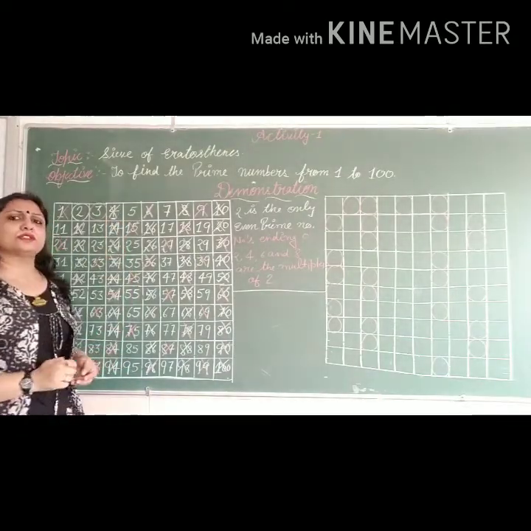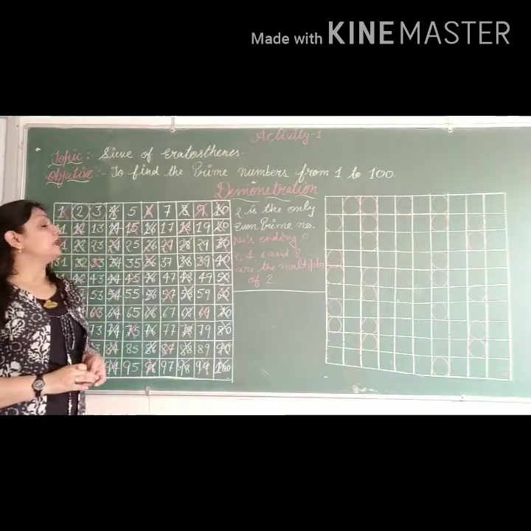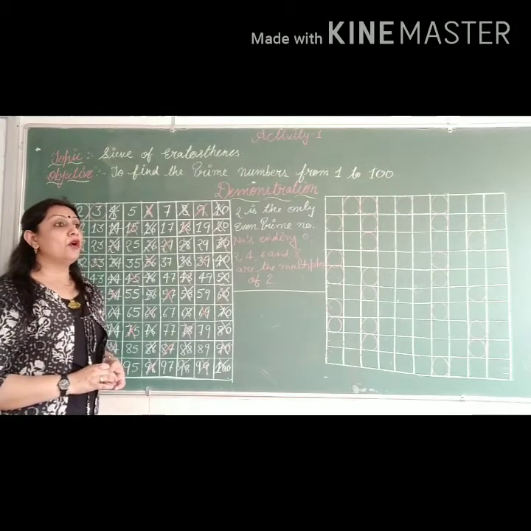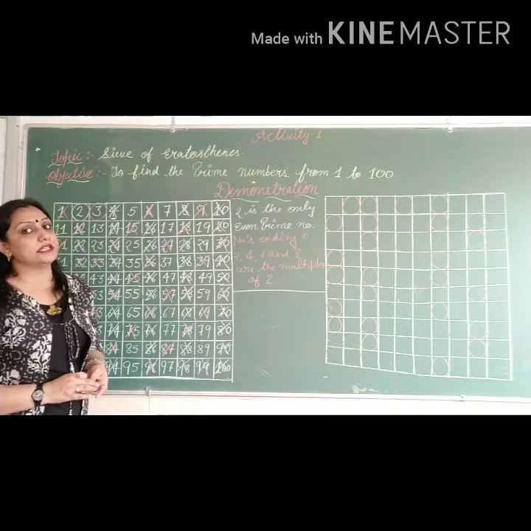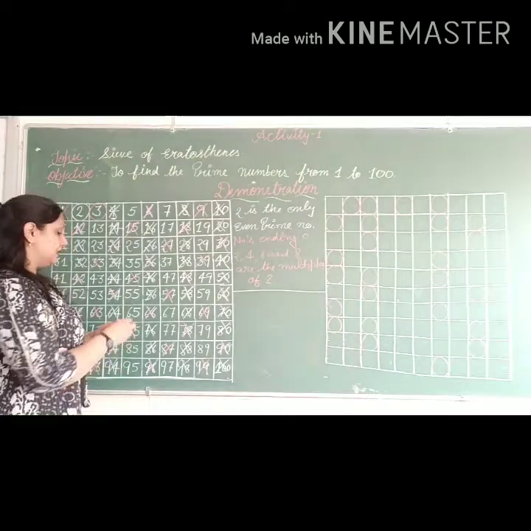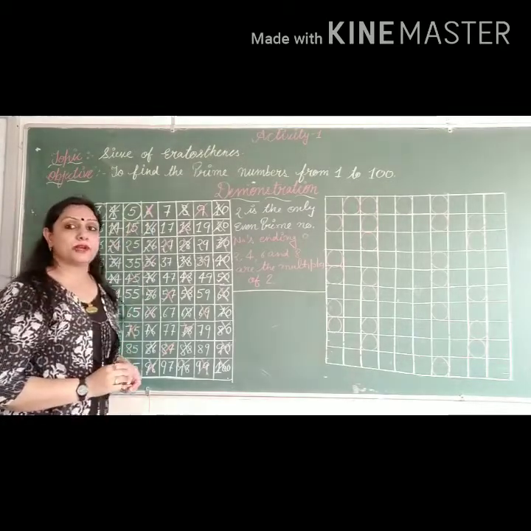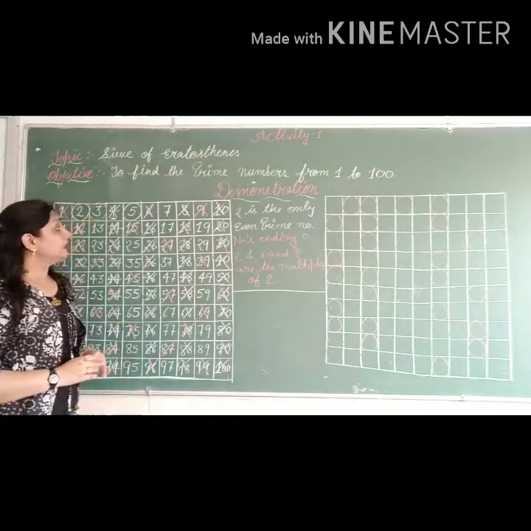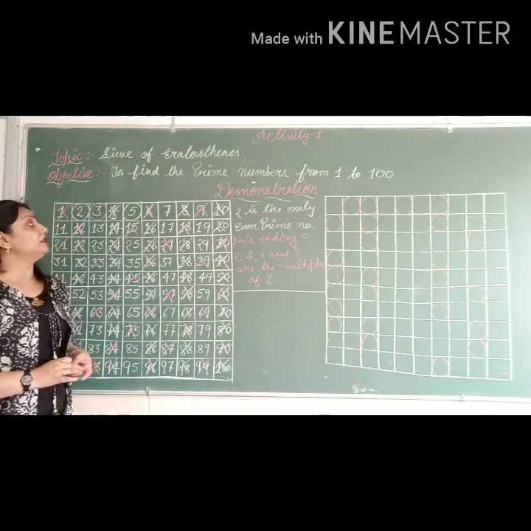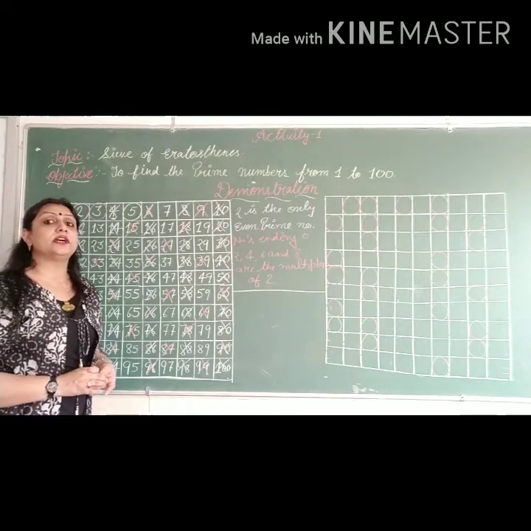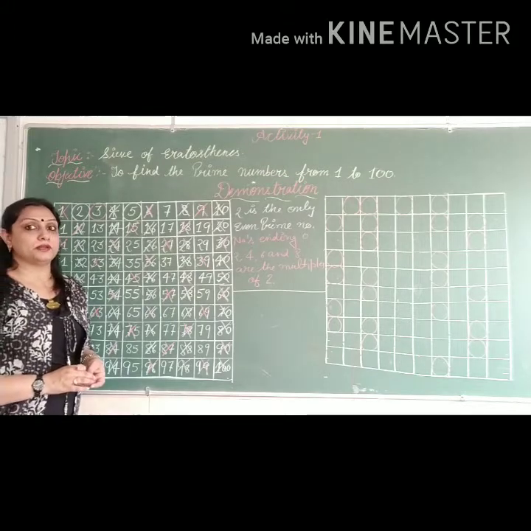Turn of number 4. We have already crossed the number 4. Why have we crossed it? Because it is a multiple of 2 and 4 has 2 as a factor. Now it's the turn of number 5 and I am circling the number 5 because this is a prime number. It is greater than 1 and divisible by itself only. We can say it has only 2 factors, 1 and the number itself. That's why we have circled it.